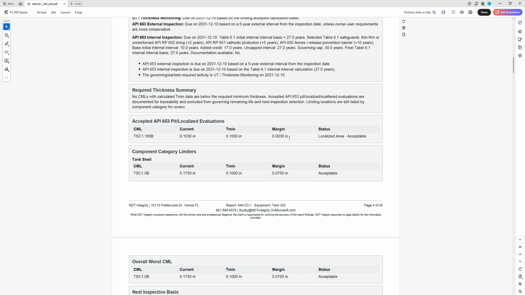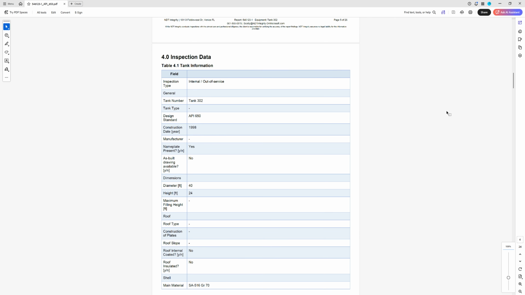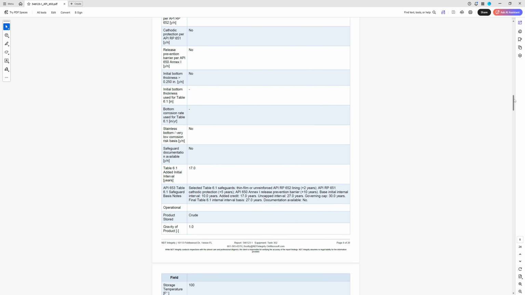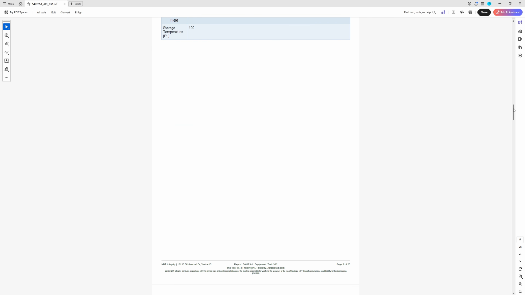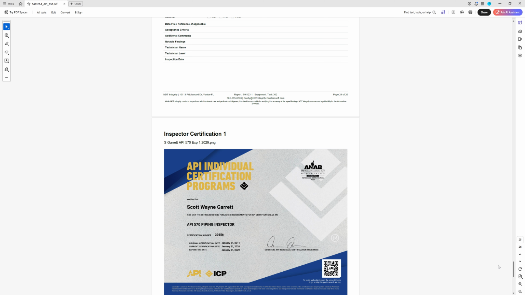So it's all documented and how it was accepted. So there's traceability back to that. And then you have your equipment as well as your checklist. And then there is our tank. There's our calculations, our photos, technique sheet,